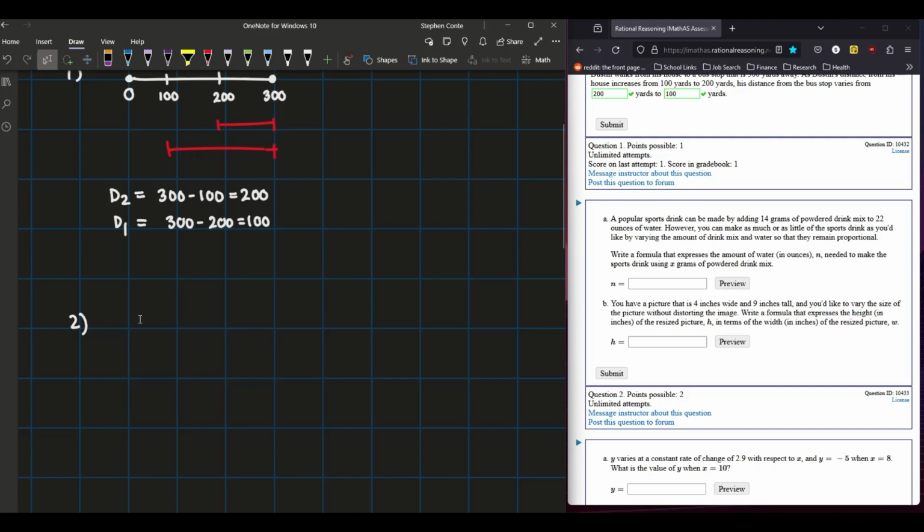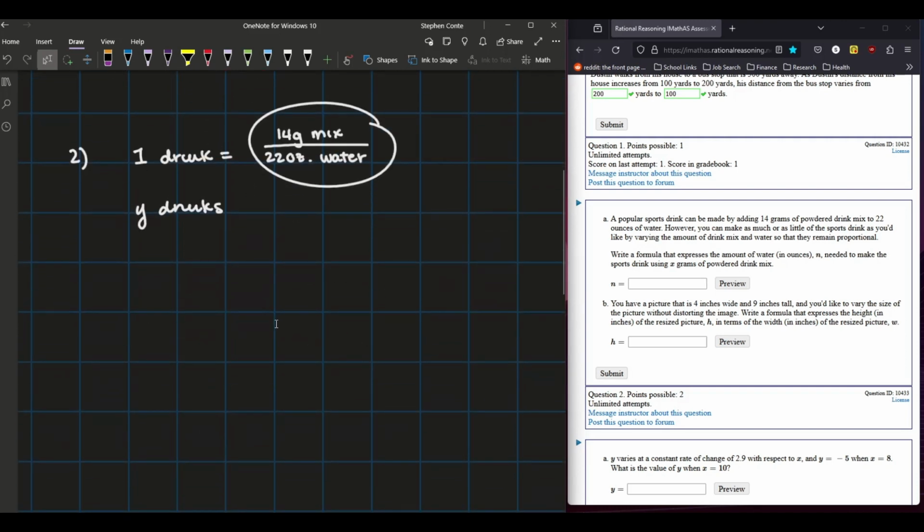Number 2, popular sports drink can be made by adding 14 grams of powdered drink mix to 22 ounces of water. So that means that for every one drink is equal to 14 grams of mix over 22 ounces of water. Okay. So I want to figure out, okay, well, if I want to make Y drinks, where Y is just some random number, but I need to maintain this ratio of 14 grams of mix over 22 ounces of water, well, then I need to know what happens when I input some